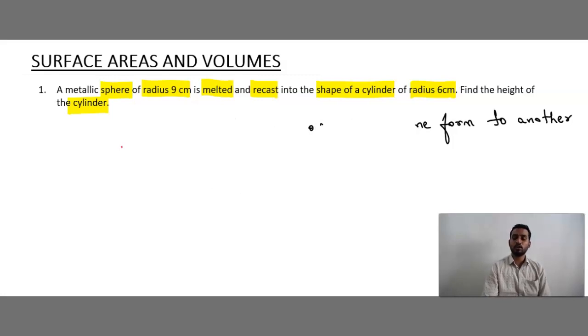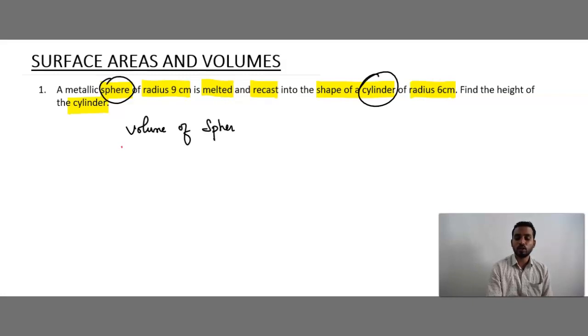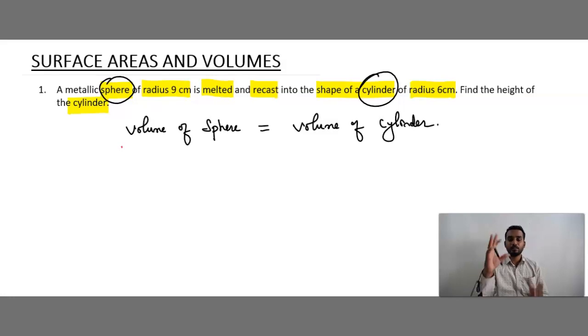Whenever you are given a question that converts a solid, first the solid is in the form of a sphere. Now we are changing it to the shape of a cylinder. It means before and after there are so many changes, right? So what we should write here, very simple: volume of sphere is equal to volume of cylinder. First we had a sphere, I have melted it, and the same material, total same material, I am using to make another shape. One shape I am changing to another shape.